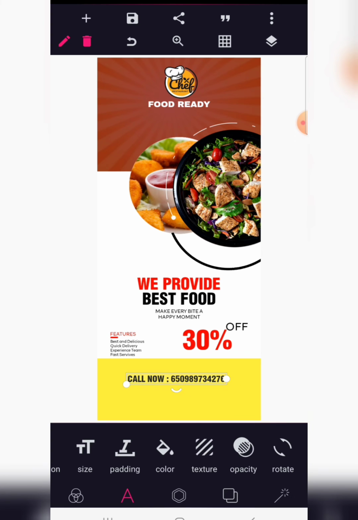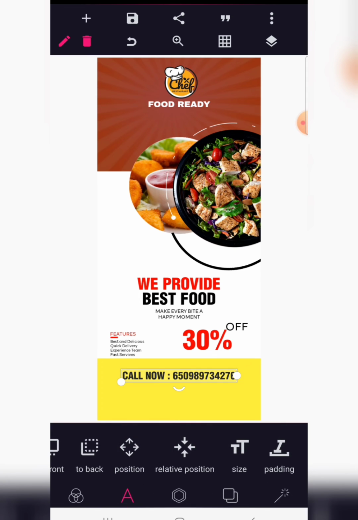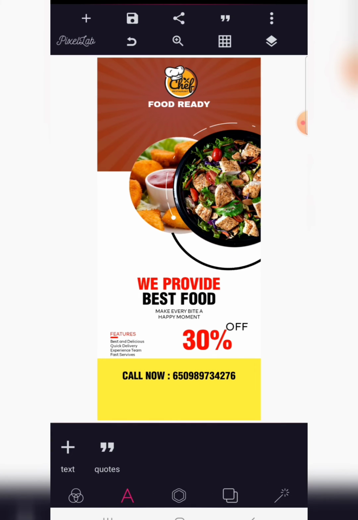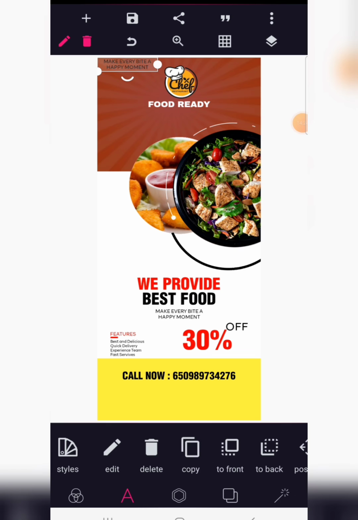And just to make it fall on one line, use the position button to make sure it's in the middle. Now the portion where you can include other details for your restaurant, we're going to copy this text for that and write